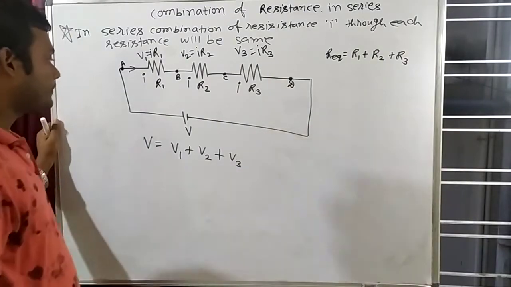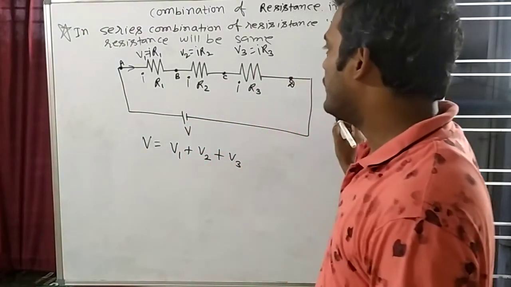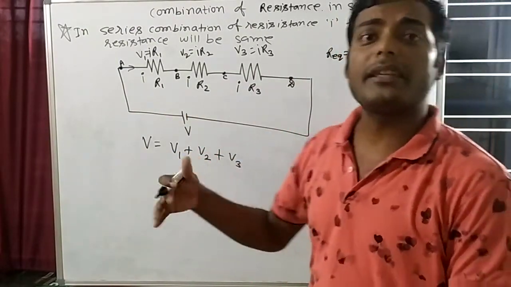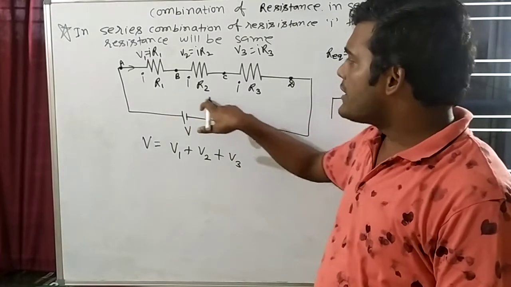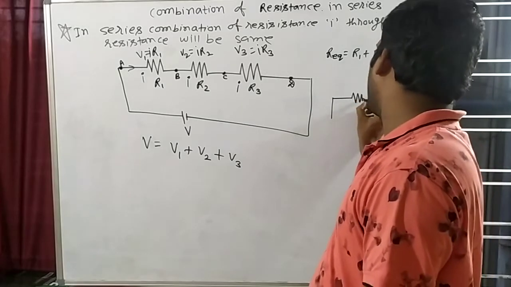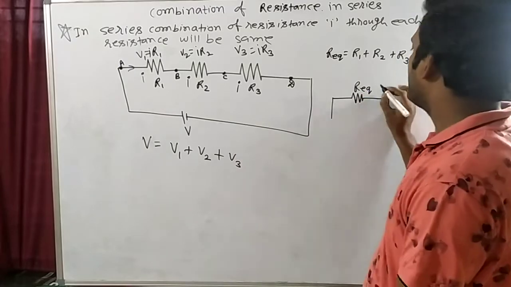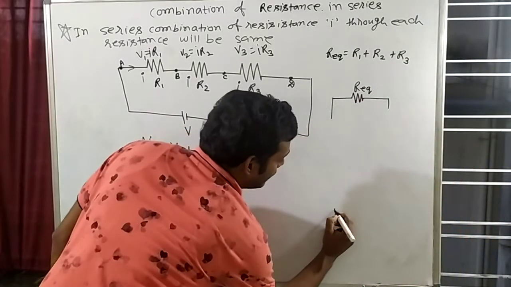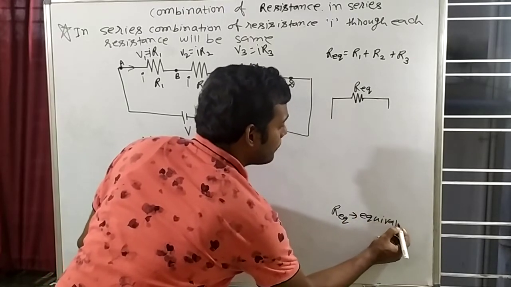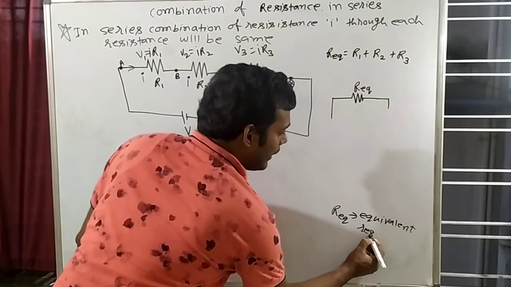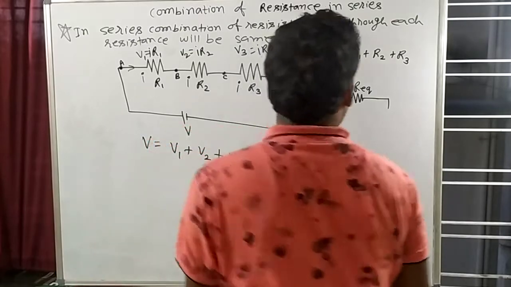So can we write? Acha, if suppose I will take an equivalent circuit here, if I will take the equivalent, next circuit, result क्या है? तो हम मान लेते हैं कि all the resistance equivalent resistance is R equivalent. सबका जब हम equivalent निकालेंगे, then let's say this equivalent is R eq, means R equivalent. R eq means equivalent resistance. So whenever I will write R eq now, you will understand that this is equivalent resistance.